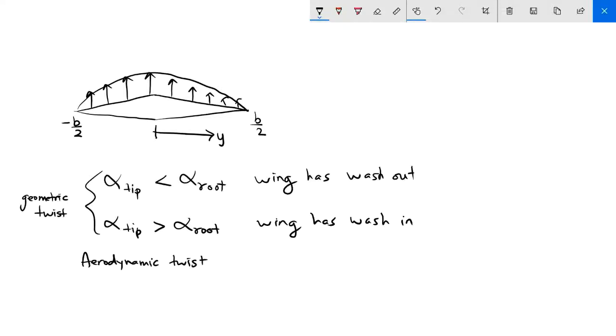So a wing is said to have an aerodynamic twist if the airfoil changes as a function of distance along the span-wise direction. So if the airfoil changes in the span-wise direction, then the wing has aerodynamic twist. For example, let's say that you cut the wing in this part, then maybe that cross section is NACA 2412. If I cut the wing here, maybe this cross section is NACA 4412. So if the cross section is changing in the span-wise direction, then the wing is said to have an aerodynamic